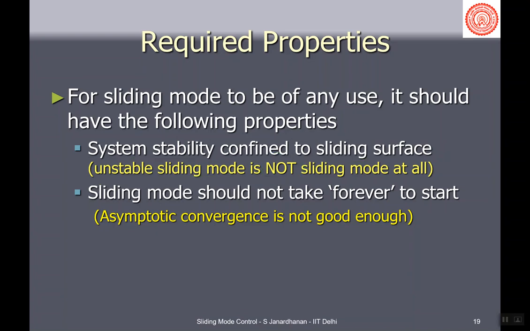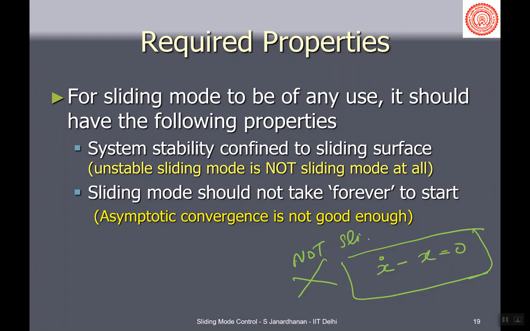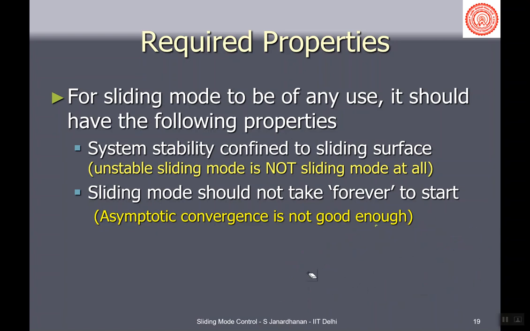So I can design a sliding surface that looks like this, x dot minus x is equal to 0, but this is not sliding mode. Mathematically it may look as if, yeah, you would be able to design a control that achieves this, but what is the use of it? You are making the system unstable. So system stability when confined to the sliding surface is required, and